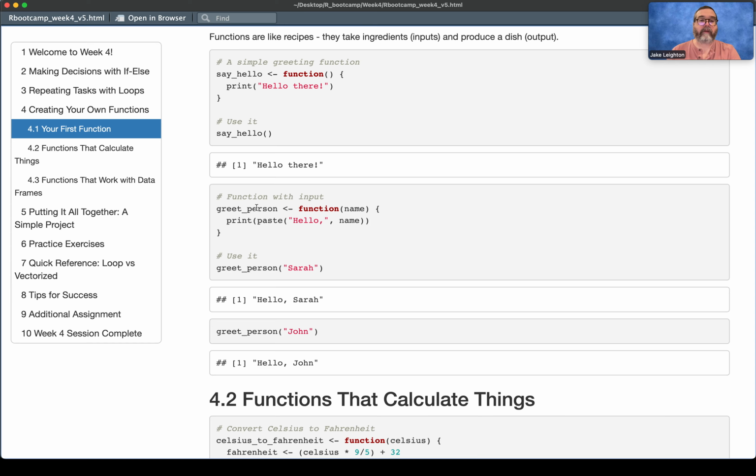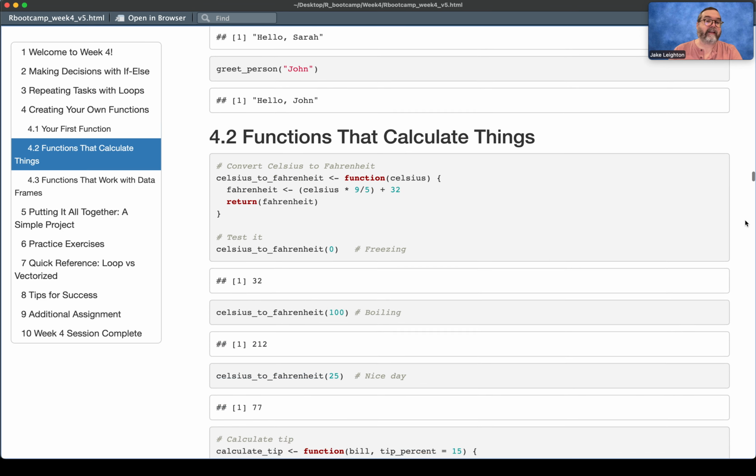We name this function greet person, and we have function here, and then inside here is the name. This is what goes in as the input for our function to get our output, right? So now we want to print hello and this name. For whatever we put in there, we want to get this out. So greet person, if we put in Sarah, which is a character value here, it's just going to put Sarah there and get our answer. Same with John. If we put in a vector of people, we would get several different values, you can imagine. So we're kind of leading up to